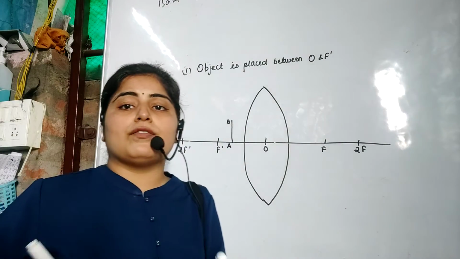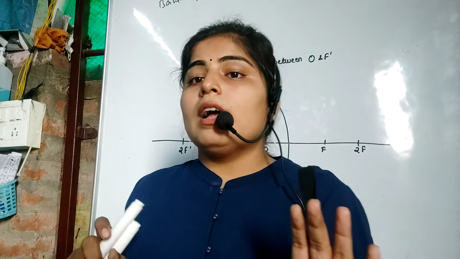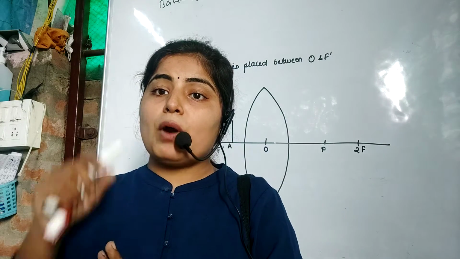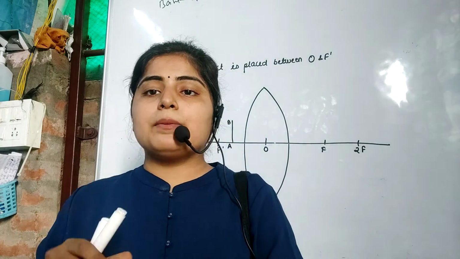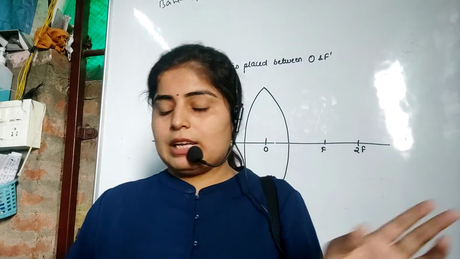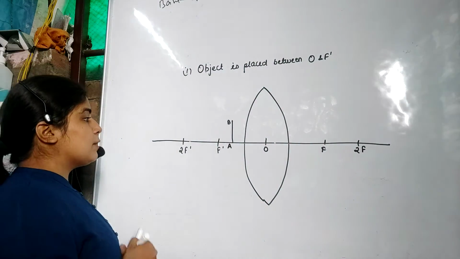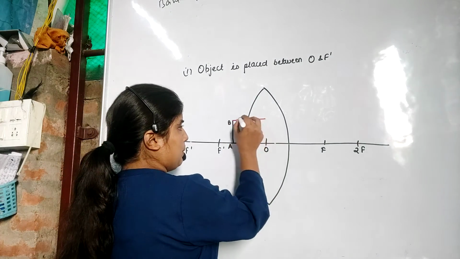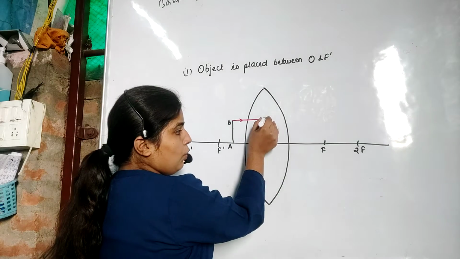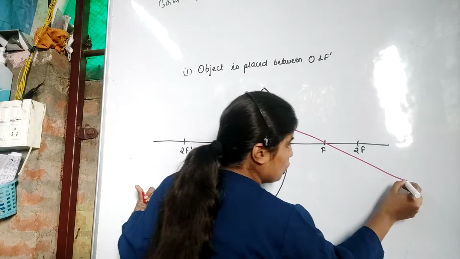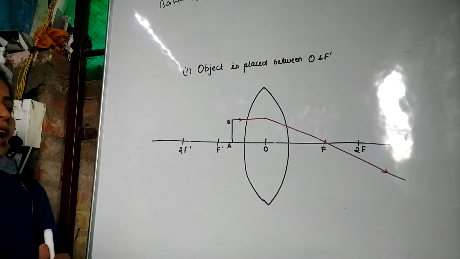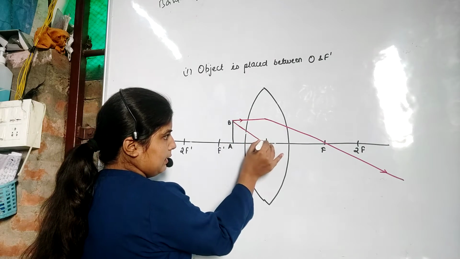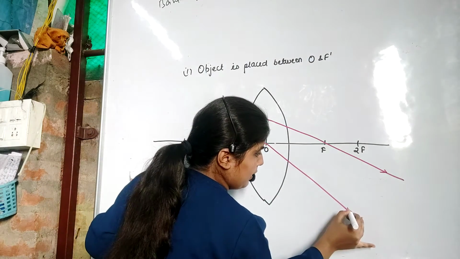Apply any two rules of the image formation, that is very clear. And after that, meet two refracted rays. The point at which they will meet, that point will act as an image. I'm just going to draw it. So suppose that we will apply any two rules, that is a ray of light which is parallel to the principal axis, it will pass through focus. So this one is the first rule which I have applied. And the second rule, a ray of light which is passing through the optical center, okay, it will be undeviated.